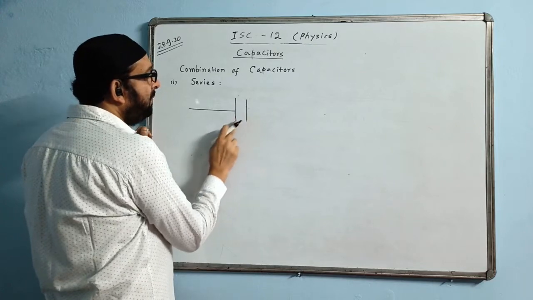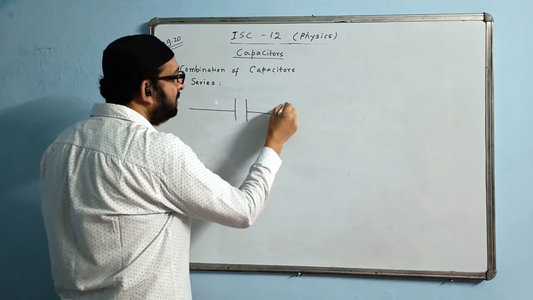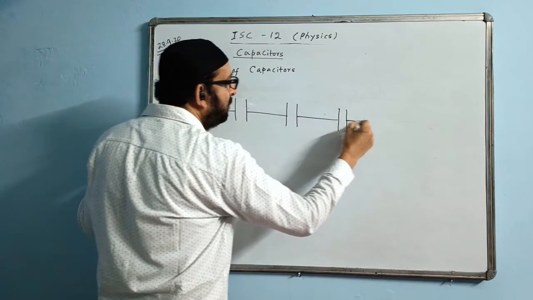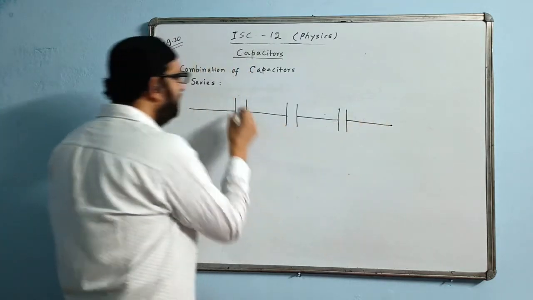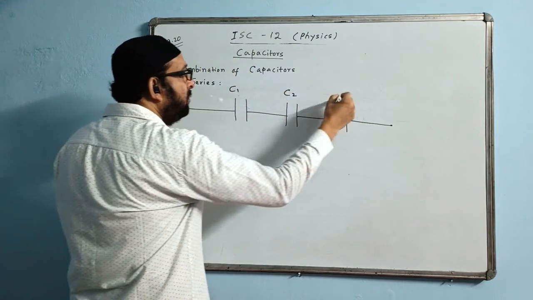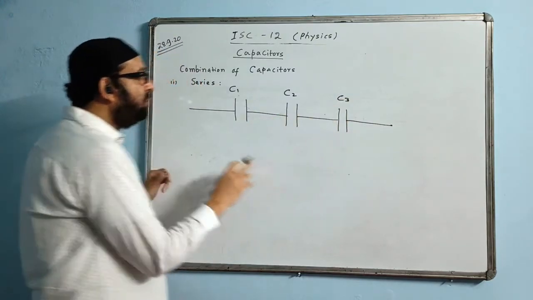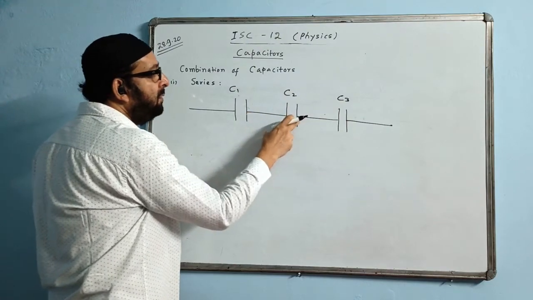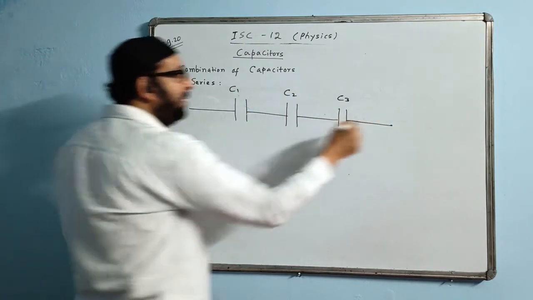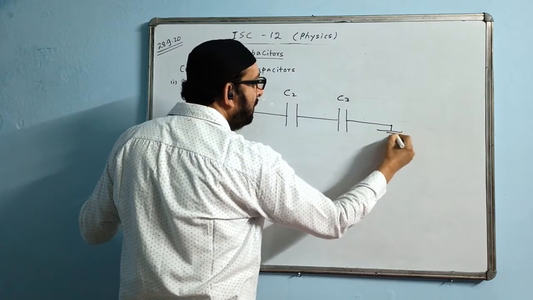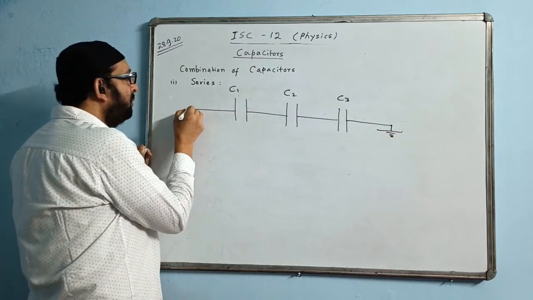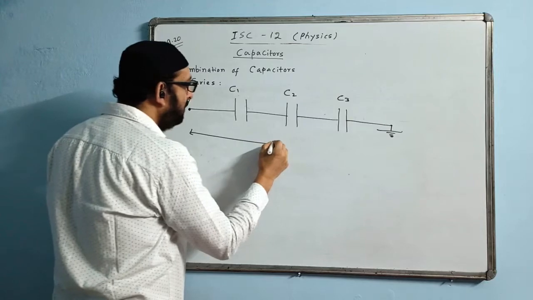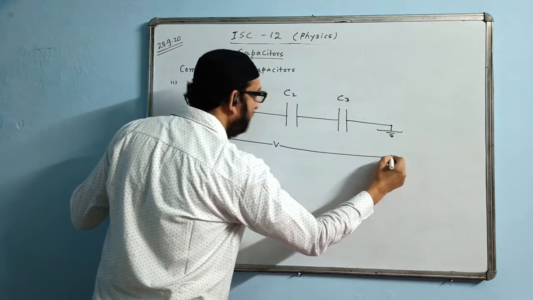Capacitors normally we show by this one, parallel plate type we show like this. This is the symbol for capacitors. We can show 3 or we can show more like this. This is C1, C2, C3. They are the capacitors whose capacitances are C1, C2, C3. One end is connected to the other end, and so on. Here we will be showing earthing, and here we will show some potential V. That means the potential across the entire thing is V.